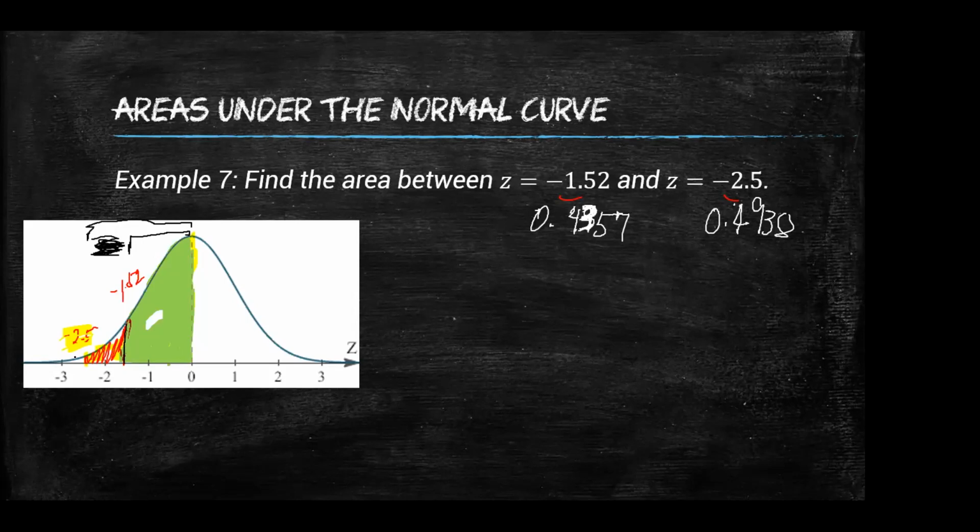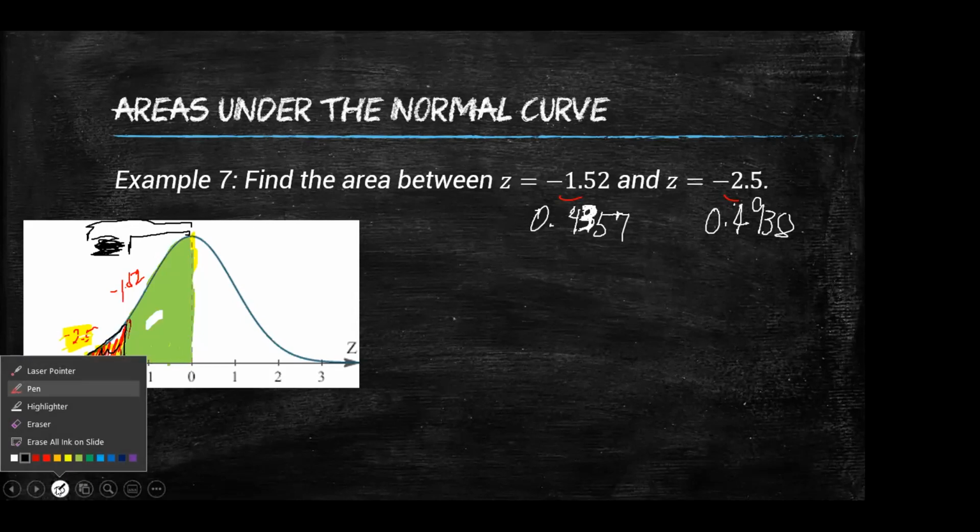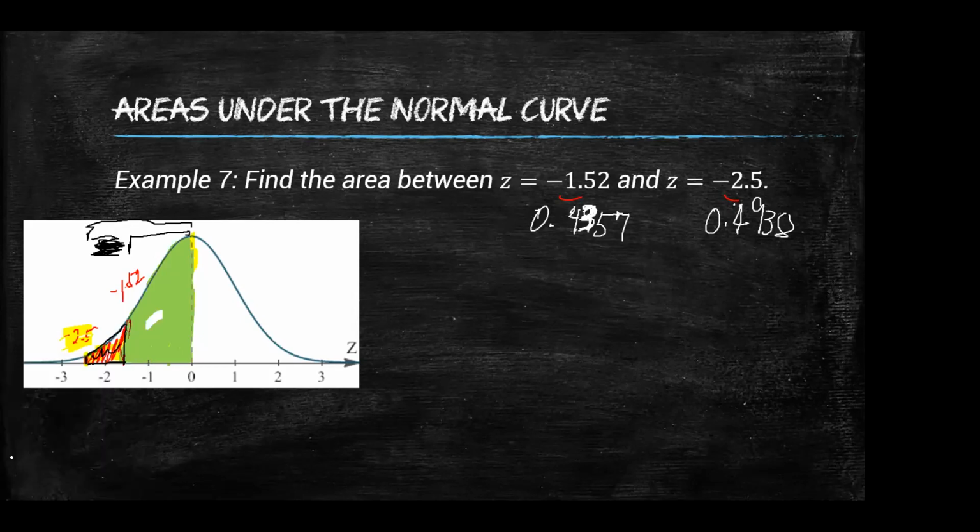Tama? So, anong gagawin natin para makuha ko itong black part lang na may red na shade? Ito, yan. So, ang gagawin natin, yes po, sige. Sir, pag minus po ba yung dalawa, sir? Sige. So, yun yung gagawin. Okay? Ima-minus natin yung area ng mas malaki doon sa mas maliit. Okay? So, that would be the area of negative 2.5 kasi siya yung mas malayo, which is